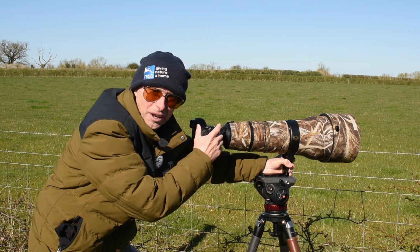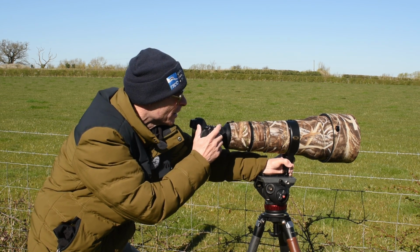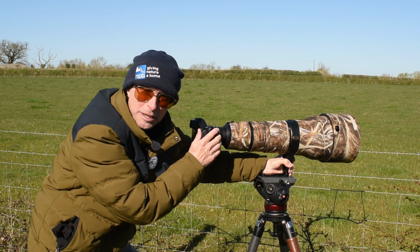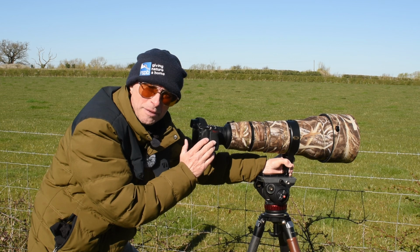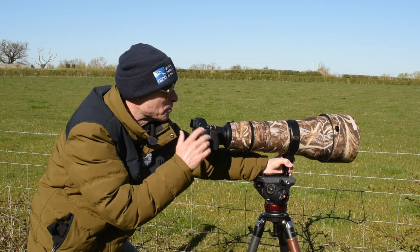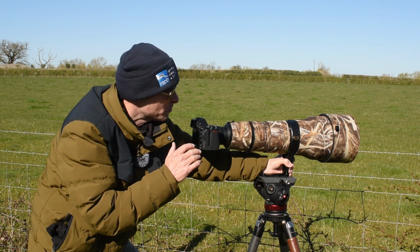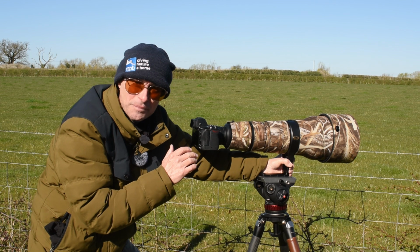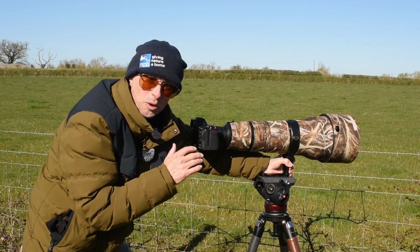Right guys, I've got 3 or 4 skylarks in the field in front of me. Now they're quite a distance away because I'm on my 600mm with a 1.4 converter, so that gives me 840mm full frame focal length. So that means I can speak to the camera and not spook them, but they're just over there and I've got lots of shots of them already, so I think I can probably relax and just round up this video. So the light's getting quite harsh now, so I'm going to call it a wrap soon,